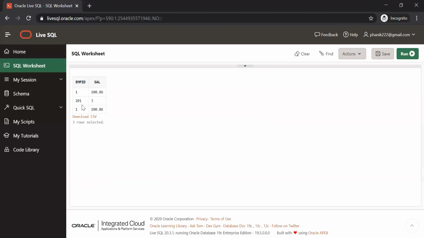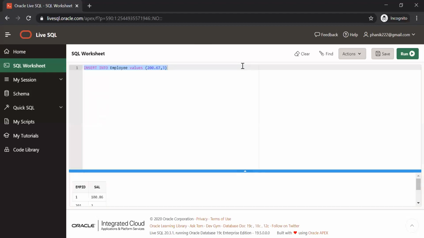Actually, you have to specify the order, like the first one should be the ID and then it should be followed by the salary. The order is more important. That's what I think. Correct, that is partially, 90% I agree with that explanation. What about 201? When we gave 200.67, why is it showing 201? Maybe the column data type is not decimal. It converted into integer. Exactly right. Since it is an integer field, it converted into integer.